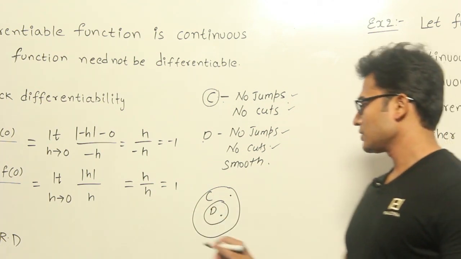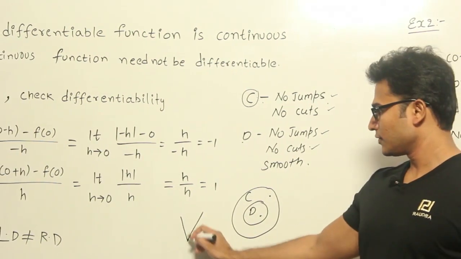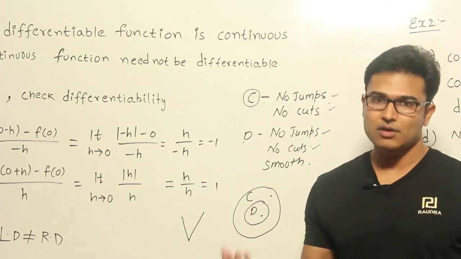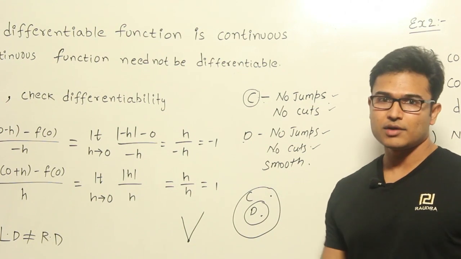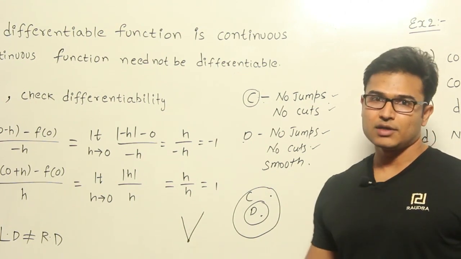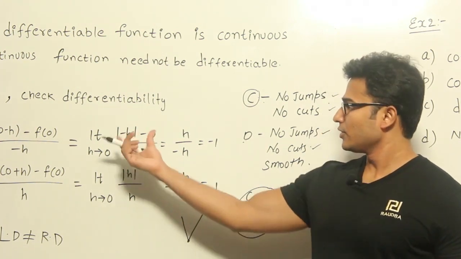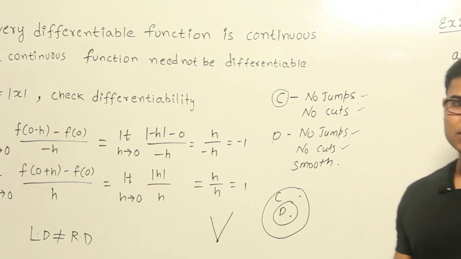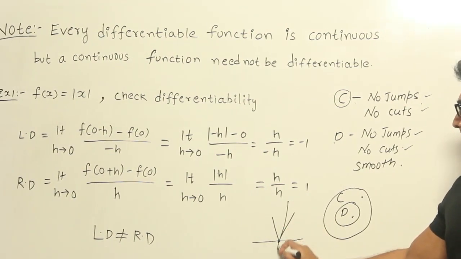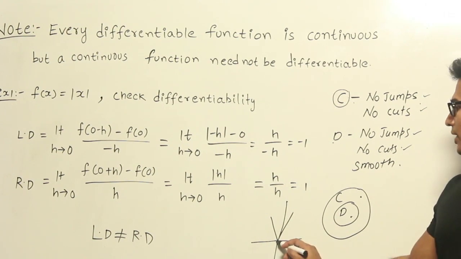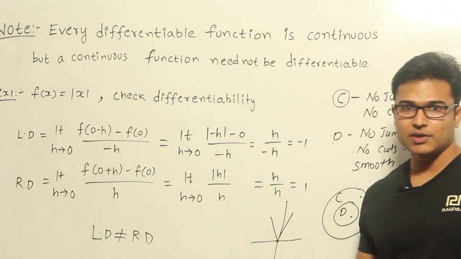If you have a graph like this for f of x, it is definitely continuous because there are no cuts and no holes, but it is not differentiable because at this corner point you cannot have a unique tangent, therefore the slope of the tangent is not going to be unique. Looking at this example, f of x is going to be this way. At this point it will definitely not be differentiable. It is continuous but not differentiable.